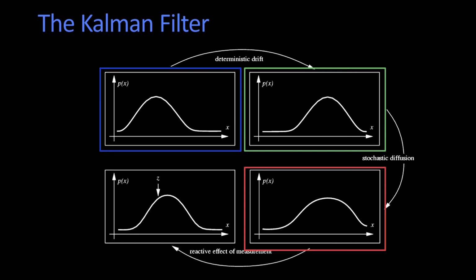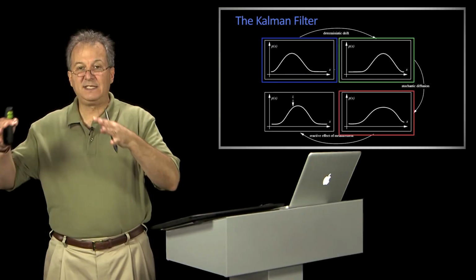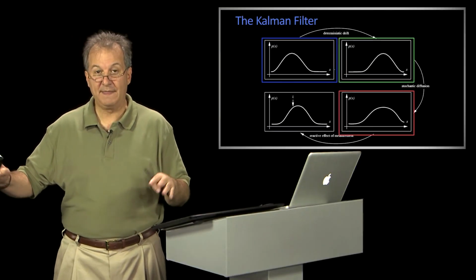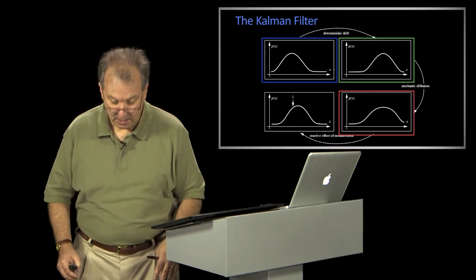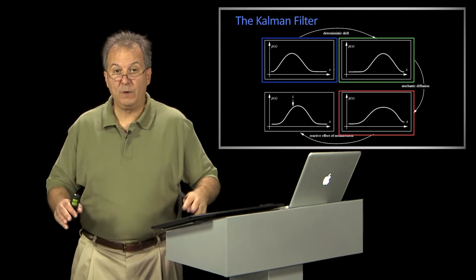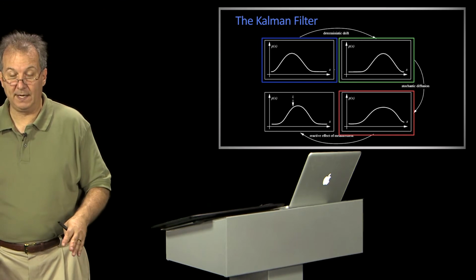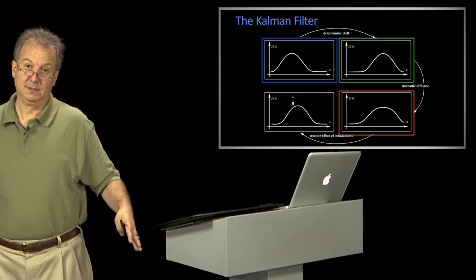All right. Anyway, so the first thing we do is we slide. And we know that's the deterministic part. Then comes the part that's referred to in this picture, and I left it in here because I think it's a cool way of thinking about it, stochastic diffusion. But it's basically the addition of noise. And this is referred to as the process noise. So now we've done two things. We've deterministically stepped one way, and we've grown a little fatter.